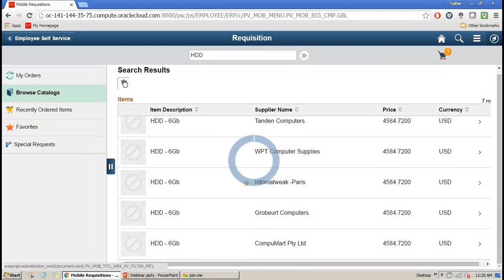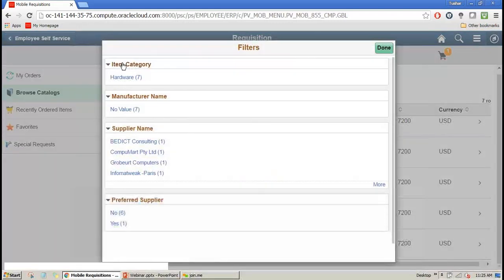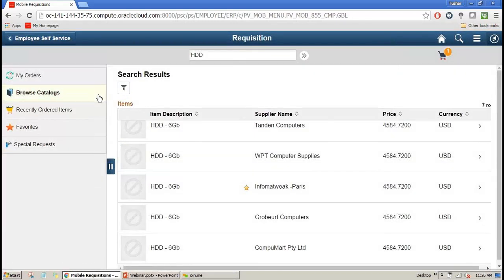I can filter it further down, and if you see, it shows you by manufacturer name, by suppliers, which hard disk is available from which supplier and how many of them, and how many are my preferred and non-preferred suppliers. All this comes standard. We have not made any changes in this part. That's a pretty slick feature with PeopleSoft 9.2 eProcurement,